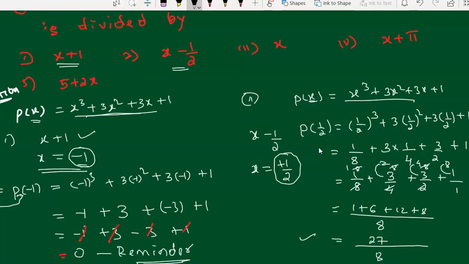I hope you understood this, and I hope you are copying this. Whenever you attend a maths class, you should have a pen and notebook along with you. Along with the video, you should start solving it so that you will get the idea. If you simply watch the video, you don't get anything. Please make sure that you make a copy of it along with the video. Every step you have to follow clearly, and you should keep on copying it, so that only you will understand the things. This is the way you are going to do mathematics.